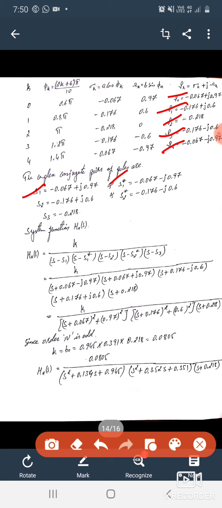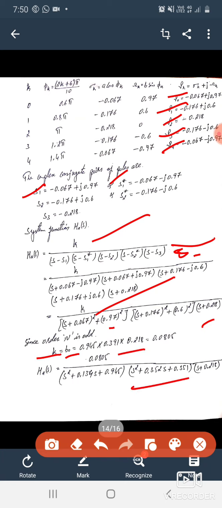S3 star is going to be 0. For that reason, don't write again here S3 star, again S, don't do that. Okay, this you have to remember here. Next, solve everything here, then again multiply with the constant values, then you will get your B naught. B naught is going to be equal to K, just substitute here, you will be getting your result. B naught is just multiplication of all constant values at last. If you do that, you will be getting your result.